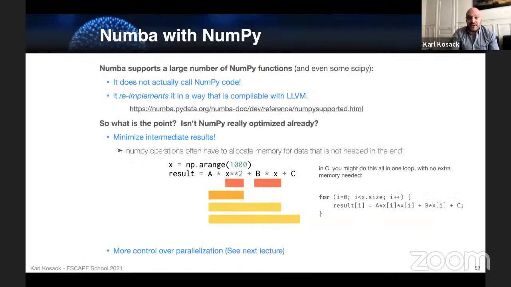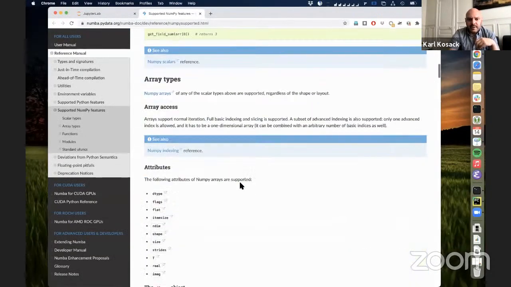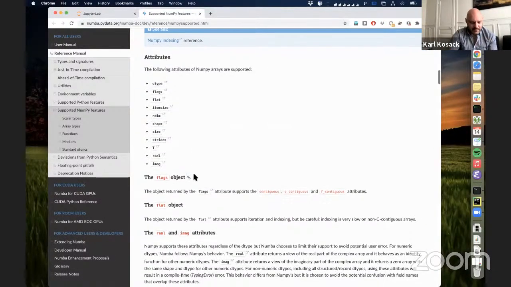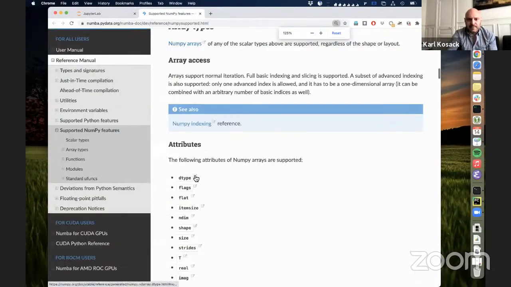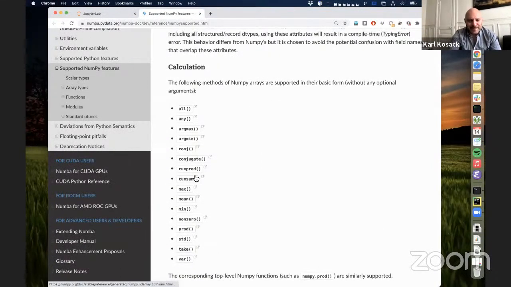The other thing is that Numba does work with NumPy. So even if you've vectorized your code, Numba can actually help sometimes. It supports a fraction of the code from NumPy. And if you look at this link here, I'll just open it up. You can see a list of all the NumPy functions that are supported by Numba.